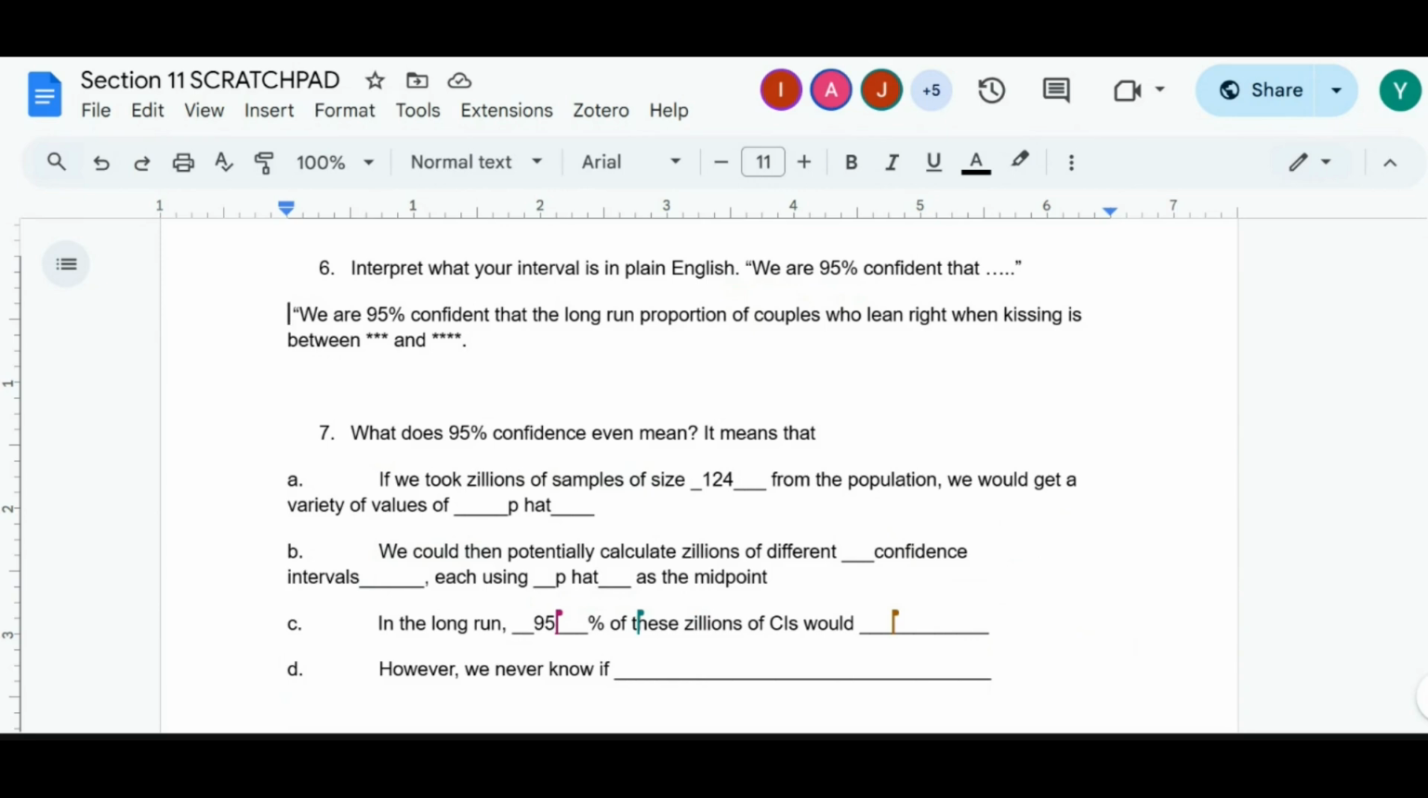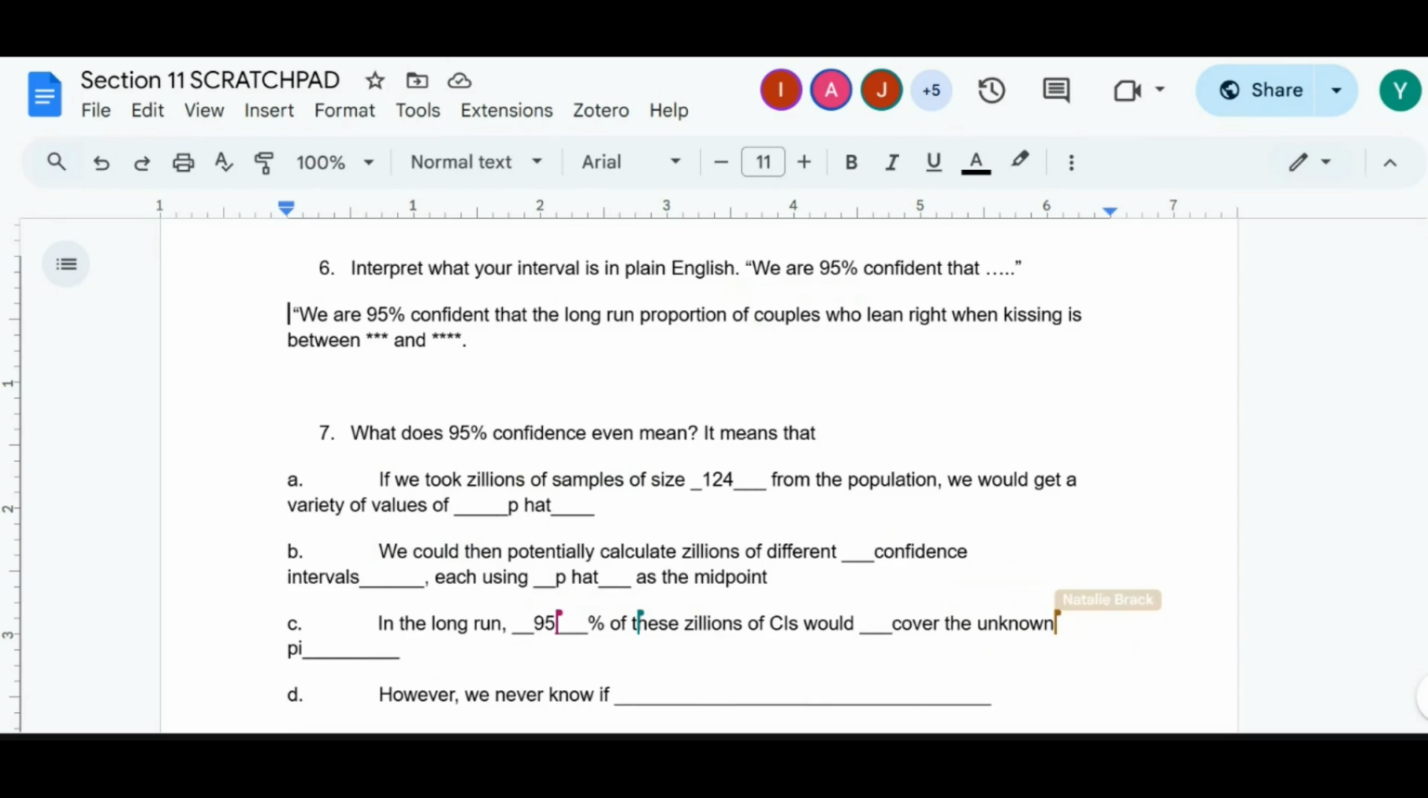That is very key to understanding what confidence is. You go out every day, you take a sample of the same size, you calculate a different CI every day. Would cover pi. You want to make the answer even better? Cover the unknown pi. If you want to reiterate the fact that we don't know what pi is, very good. However, we never know if, this one would really please me if someone dares to fill in this one. We are saying in the long run, 95% of these zillions of CIs would cover pi. However, we never know if,